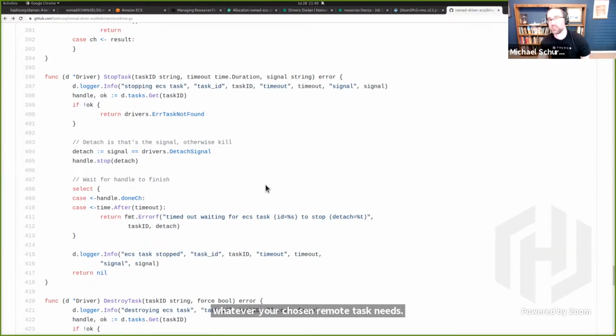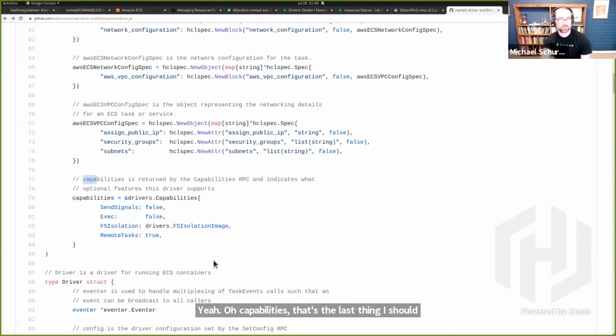Yeah. Oh, capabilities. That's the last thing I should mention, because that is what enables all of this. All task driver plugins advertise their capabilities to the Nomad agent. And so they advertise things like the file system isolation, whether they support remote execing into the container, whether they support sending signals to the container.